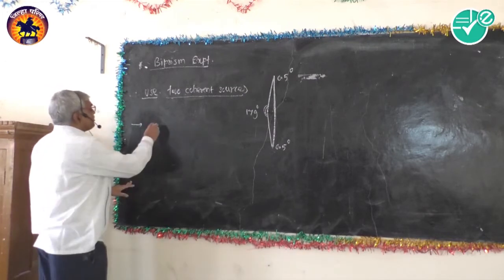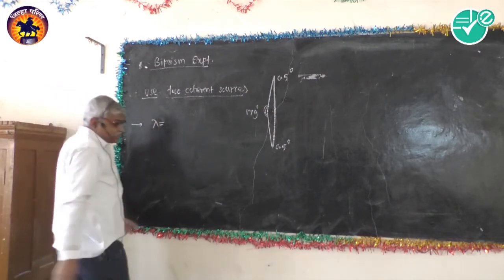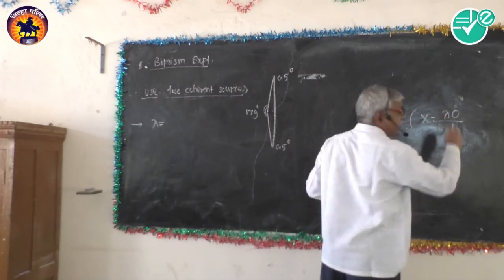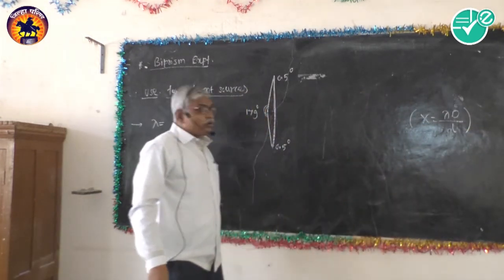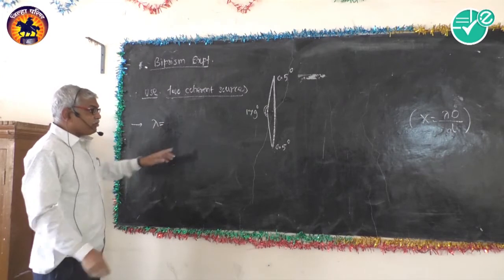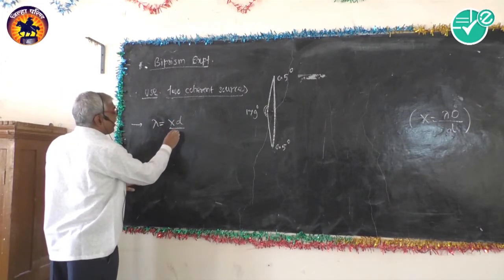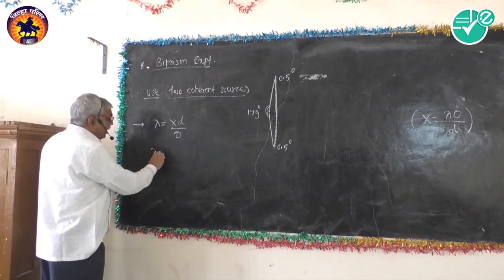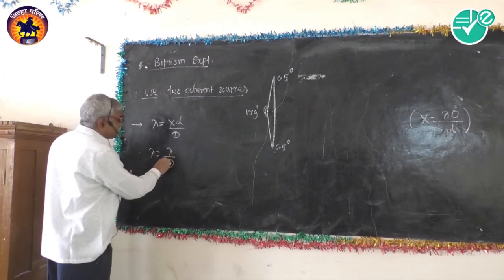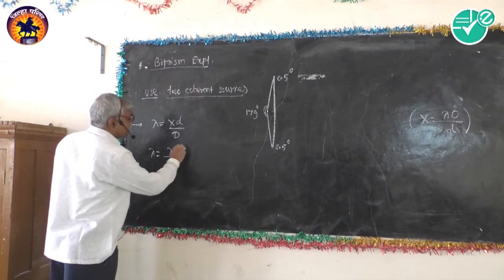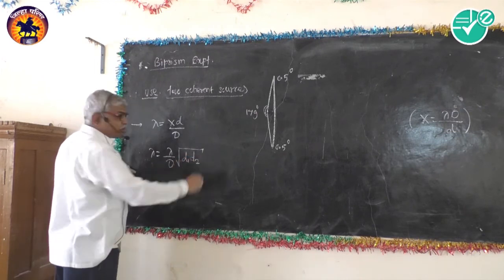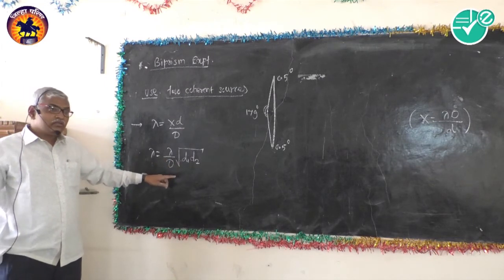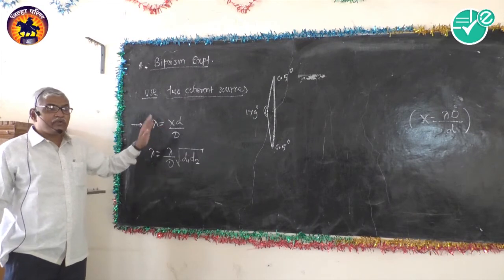Last, in biprism experiment, lambda is equal to, we know that bandwidth we have calculated as x is equal to lambda D upon d. From that formula, we can calculate lambda as x d upon D. But in biprism experiment, that small d, that is distance between two sources, is defined as the square root of product of d1 and d2, where d1 and d2 are the sizes of the images in magnified and diminished form.